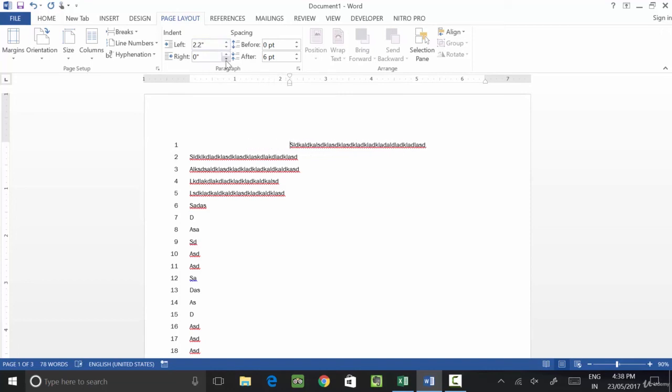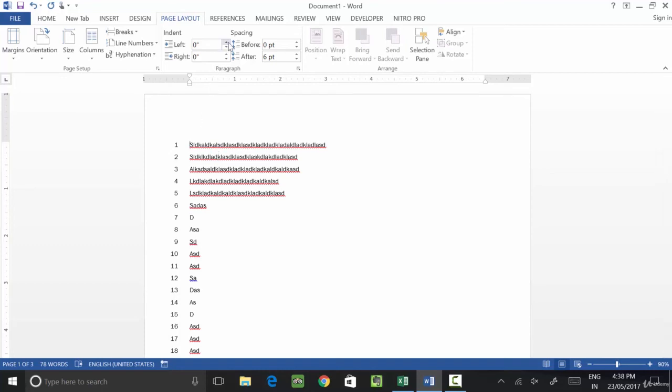If you again want to bring it back, remember one thing: by default, the left and right indent is always 0.